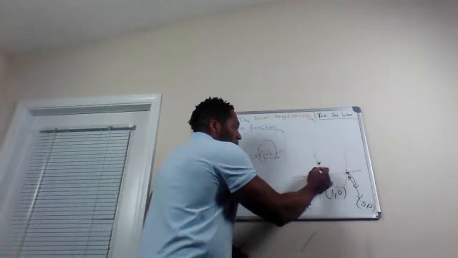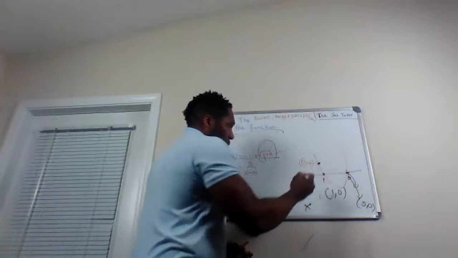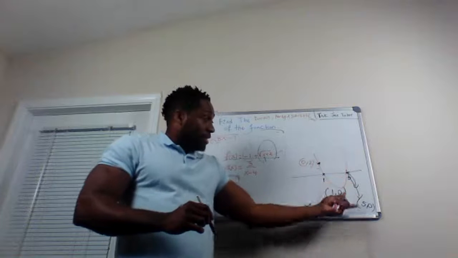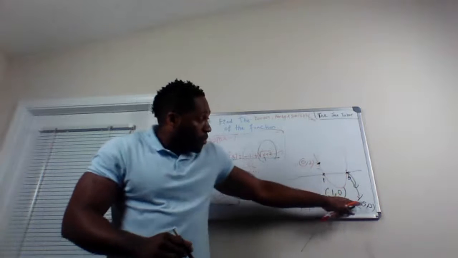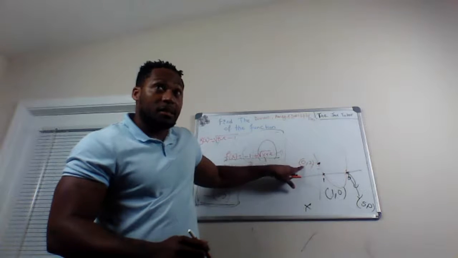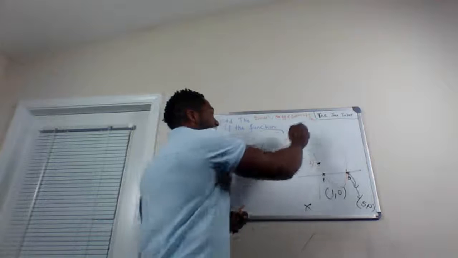And this point right here, let's say this is 2. That means x is equal to 0, y is equal to 2. Now notice what happened. When the function crosses the x-axis, y is equal to 0. And when the function crosses the y-axis, x is equal to 0. So now, when we're finding the x-intercept,